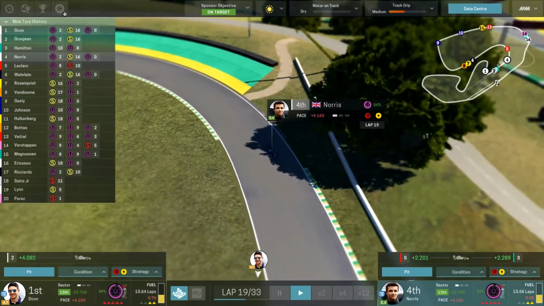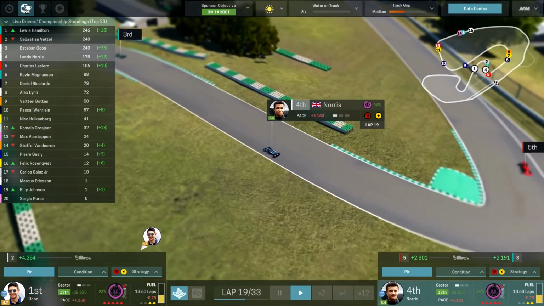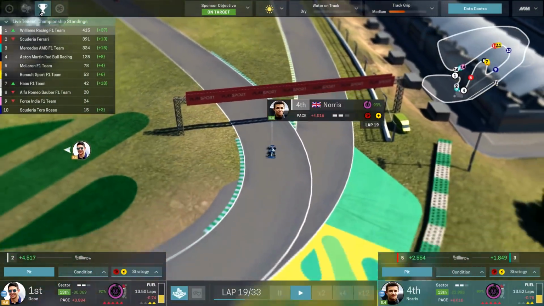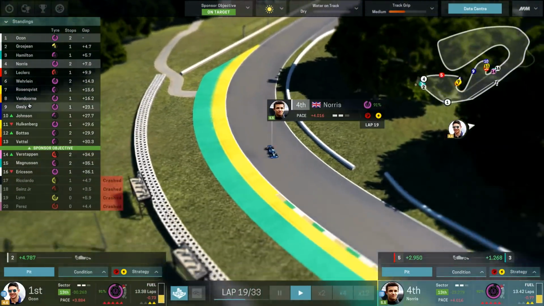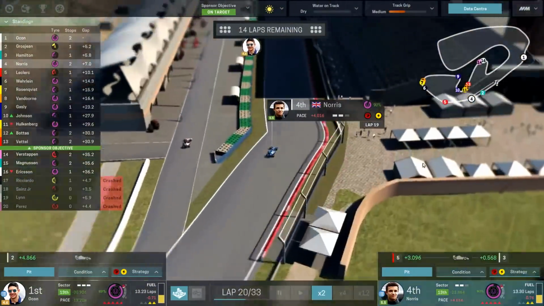So if we look here, we're not that far off the Drivers' Championship points that we require. Hamilton currently leading, but we would have a massive gap of, what is that, 24 points if we can just keep this. If we can move Norris up into first and second, we go into the last two races in a really strong position. So we're just going to shred this tyre,